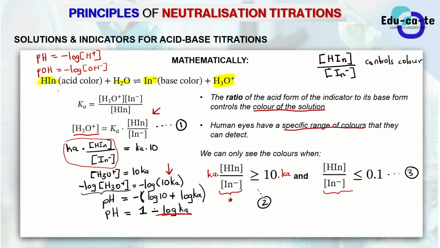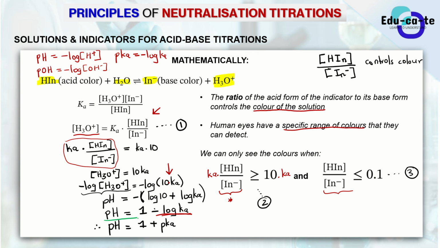So we have to say that here pKa, remember that to find pKa, we need to just say negative log of the Ka, the acid dissociation constant. So here we can therefore say that our pH is actually equal to 1 and then pKa, because basically the value of negative log Ka is equal to pKa, exactly as it is.